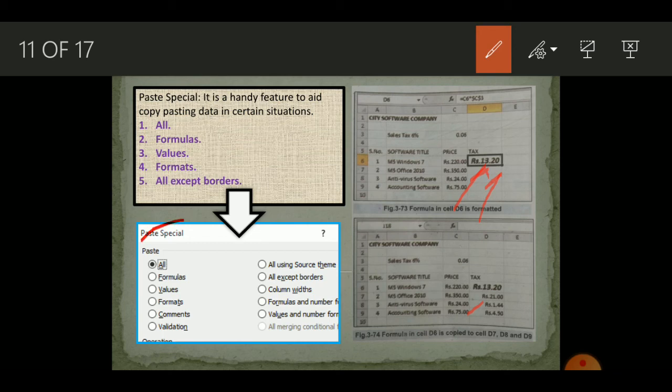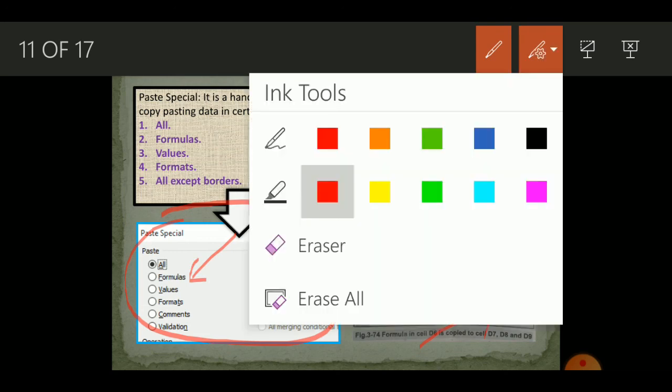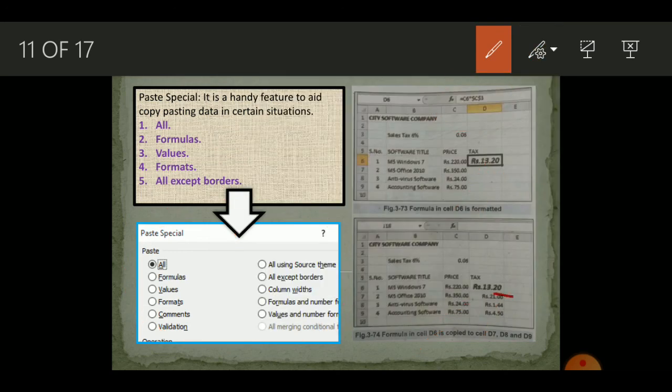Once you have selected paste special, it will present you with this menu. Now what we are interested in is to only copy the formula placed in this cell. So when we copied it, it already copied all of the things along with the format, along with the formula, but we are only going to paste here the formula, not the format. So we will select the formula from this option and click OK, and the values will be copied, and you will notice that the format does not change regarding the other values. You can repeat the same process for the other cells, and so on.